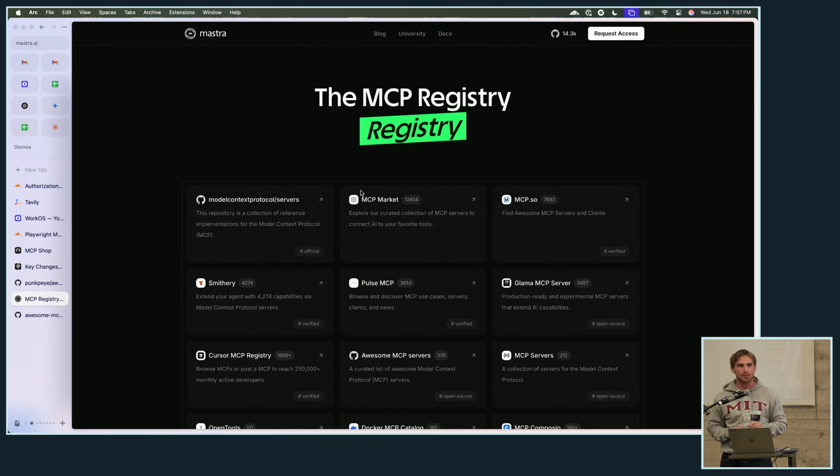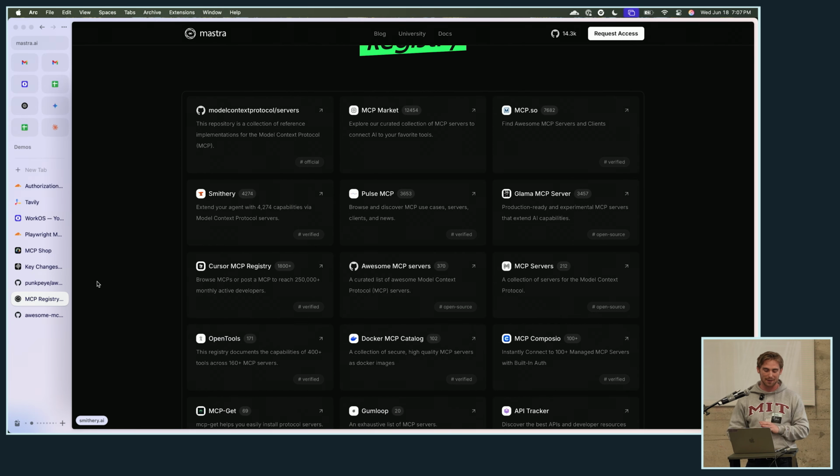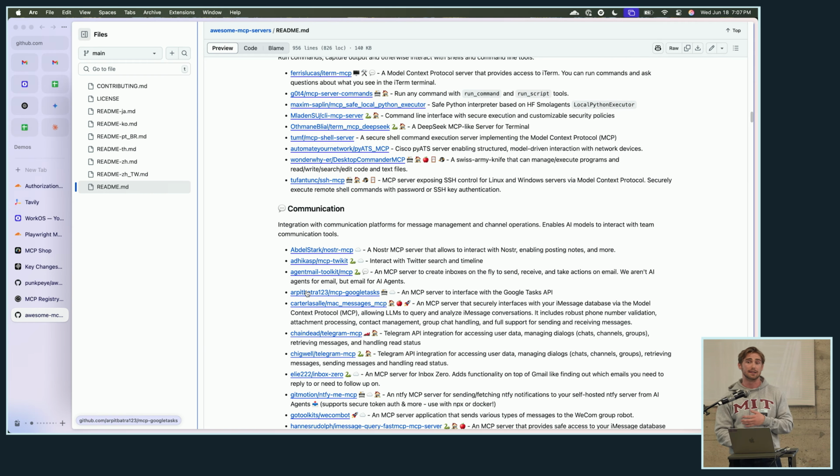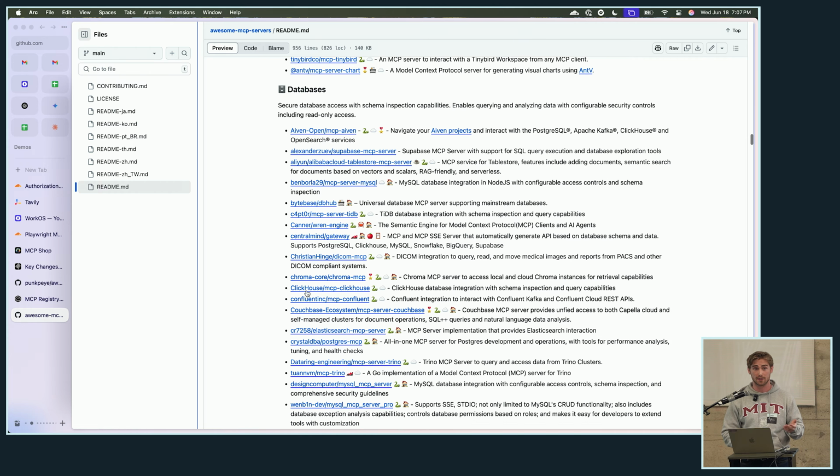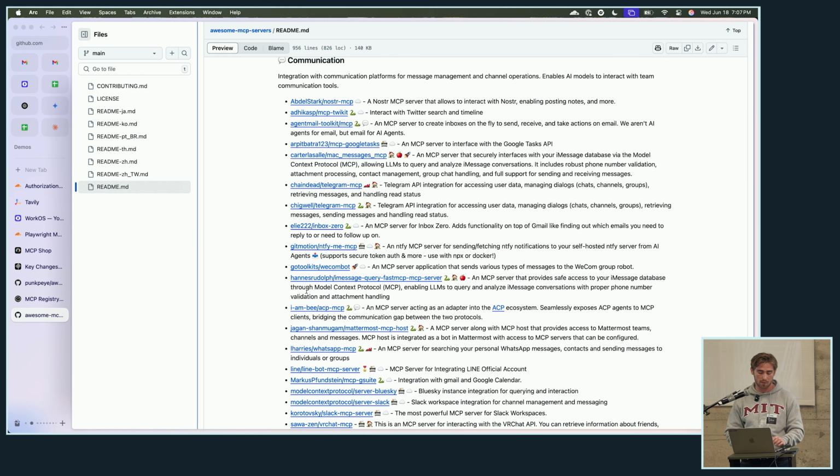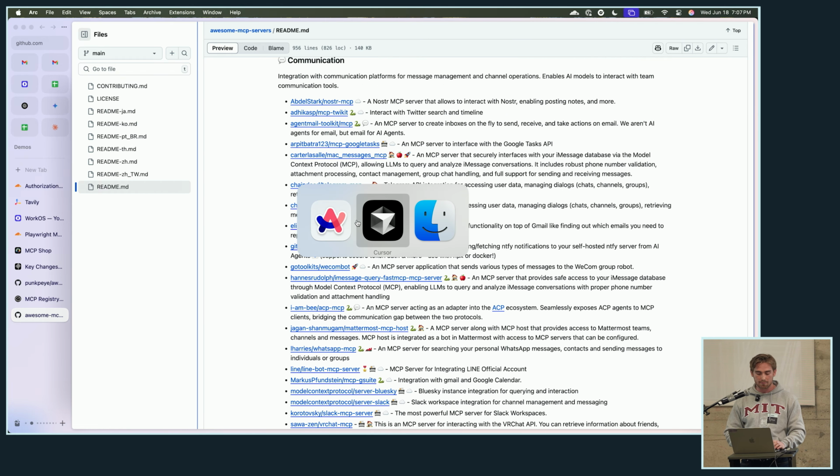And there are a lot of MCP servers being spun up right now. This is remarkably complicated. You can also just scrape GitHub. And there's links out the wazoo to MCP servers that you can look at. Most of them open source, but not all of them. And so I scraped them, all of them.